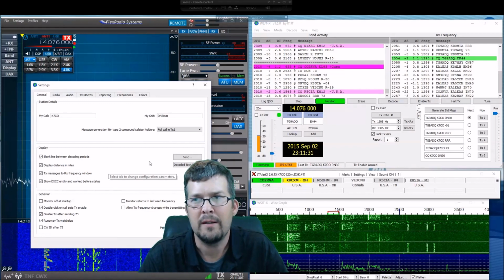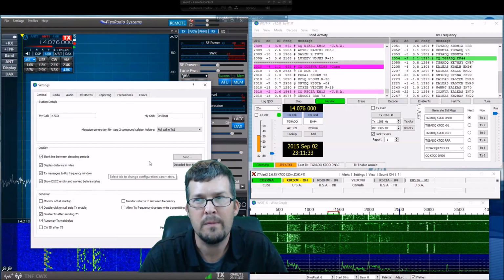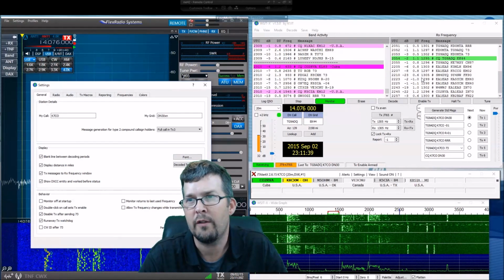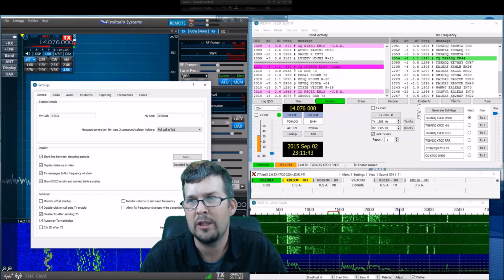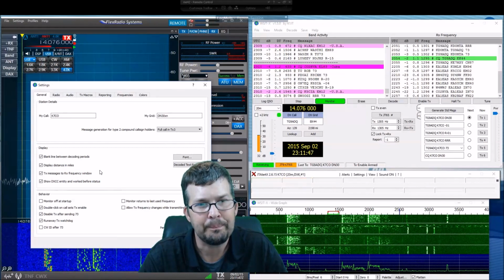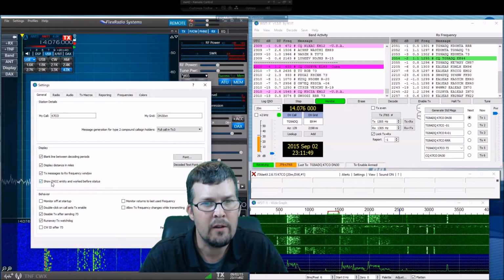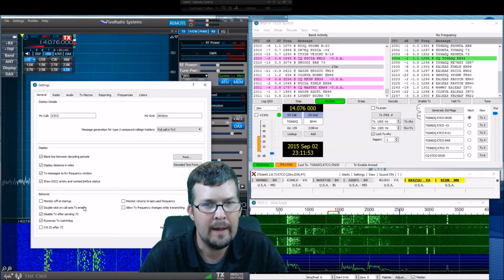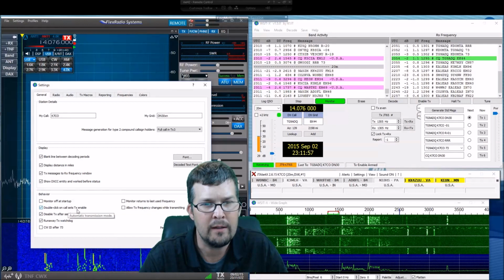This allows me to see my transmissions in the window, and I'll go a little bit more into that later, but essentially over here in the RX frequency it would show a TX message in yellow, and that's me calling the station or replying. And then I say over here the show DXCC entity and worked before status. I can double click on all call sets to TX enable,